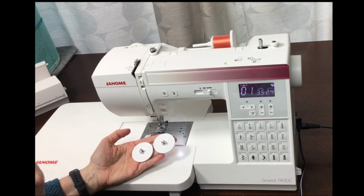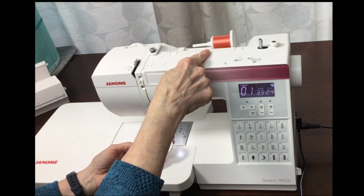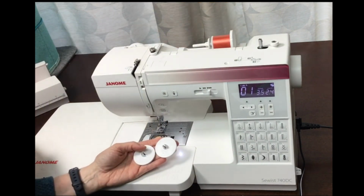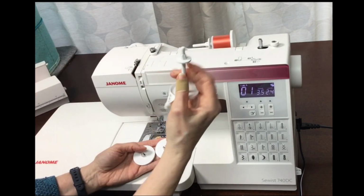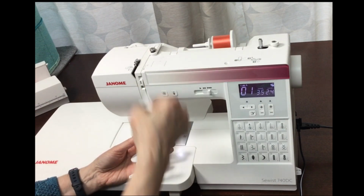Those spool caps are meant to be used with large spools of thread, and you will see on the top of the machine that I'm using one of the smaller spool caps, the one that looks like this, because that is not a terribly large spool cap. I wouldn't